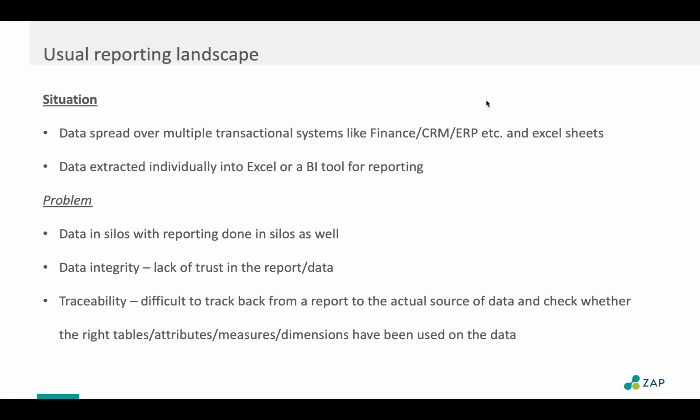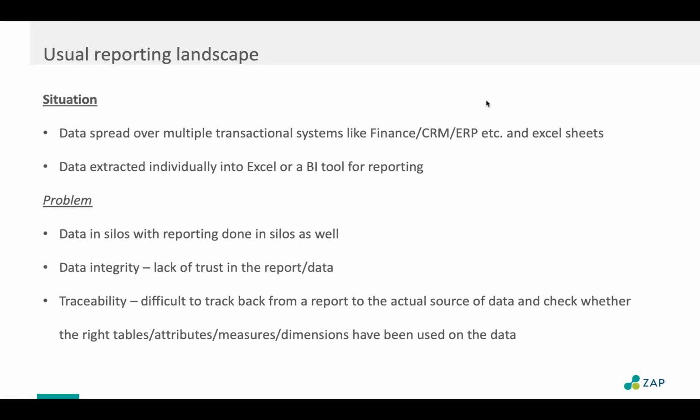With that siloed information, the other problem that comes in, and becomes even bigger, is something we've gone through over the last 6-9 months. The moment we lost trust in that data, the moment we realized we had 3 different spreadsheets and all 3 gave us different numbers on the leads created per month, we just lost trust. And once you lose trust in your data, that is it. No BI tool, no reporting tool, no Excel, not even SAP will be able to justify that report for you. And you have to go back to building that trust.